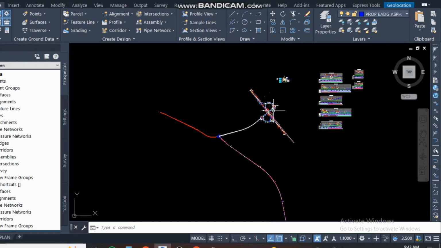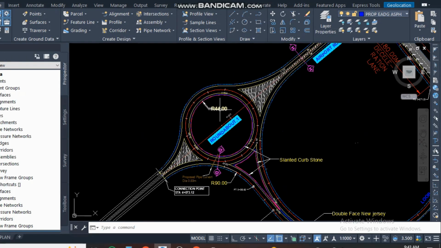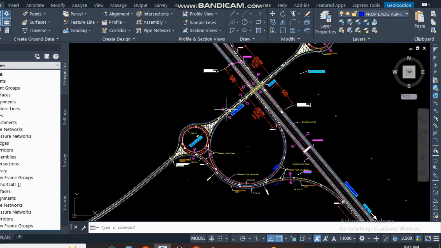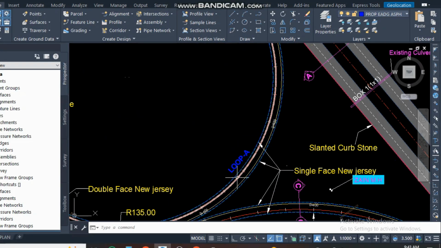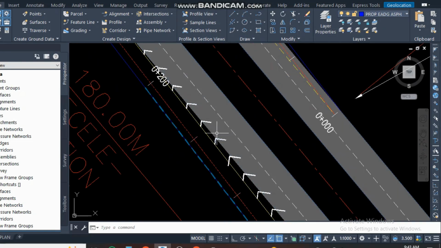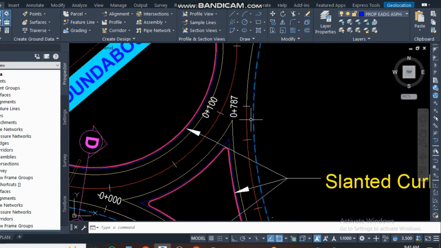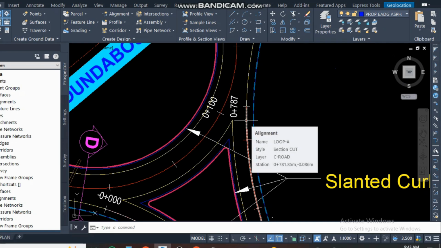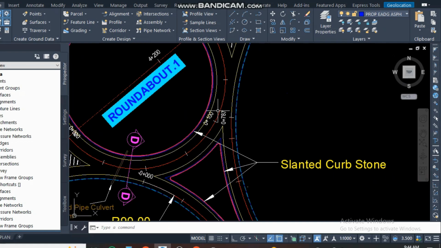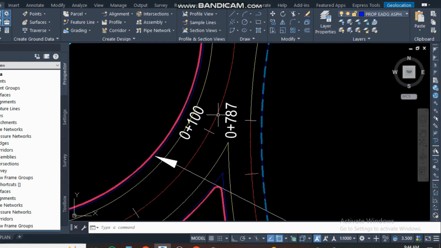Now when we have both design profiles, for the roundabout and the main road, it's very easy to create the profile for loop A, because here we have the existing asphalt elevation. And for this point, the end of this alignment for loop A, we have the elevation from this roundabout. You can create the elevation at this station, the end. If you want to check the end station for this loop A profile alignment, click on the